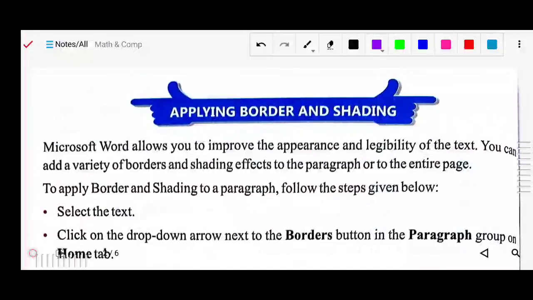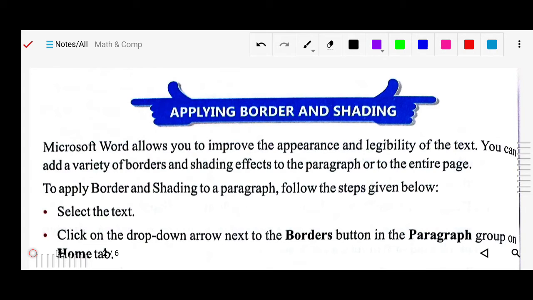Microsoft Word allows you to improve the appearance and legibility of the text. You can add a variety of borders and shading effects to a paragraph or to the entire page. Means you can apply it for a particular paragraph or for the entire page.